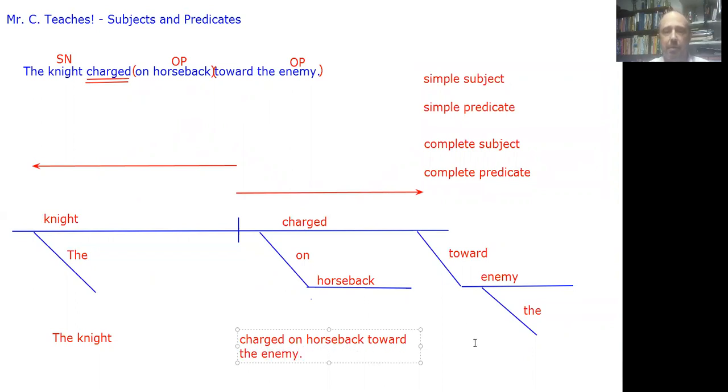Let me make that box a little bit wider. Ooh, it's like magic. The words move. All right. So complete subject, complete predicate, as distinct from simple subject and simple predicate. The English grammar worksheets that I will be giving out, one per week, have exercises somewhat like this on them. And so this video should be very helpful for